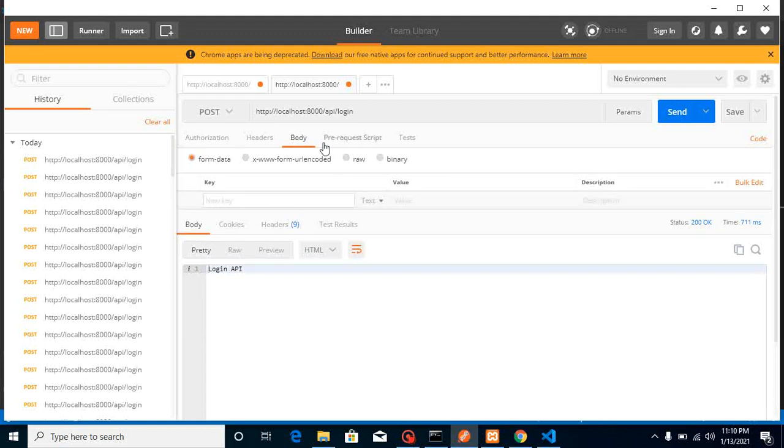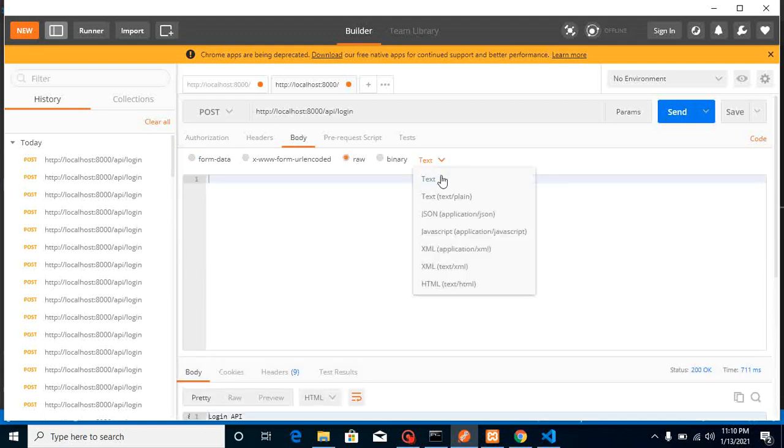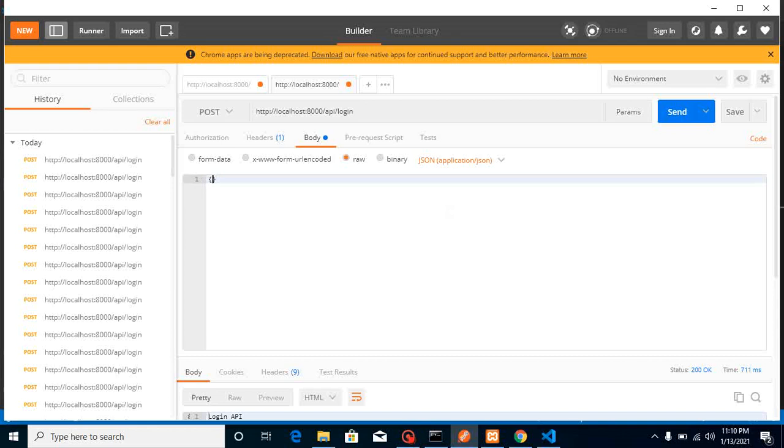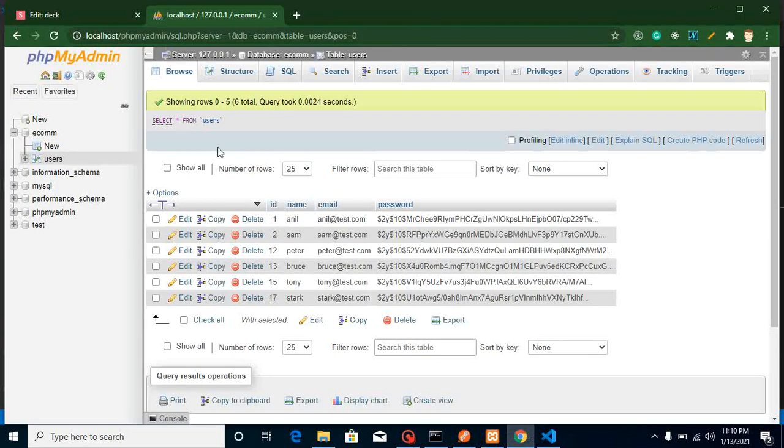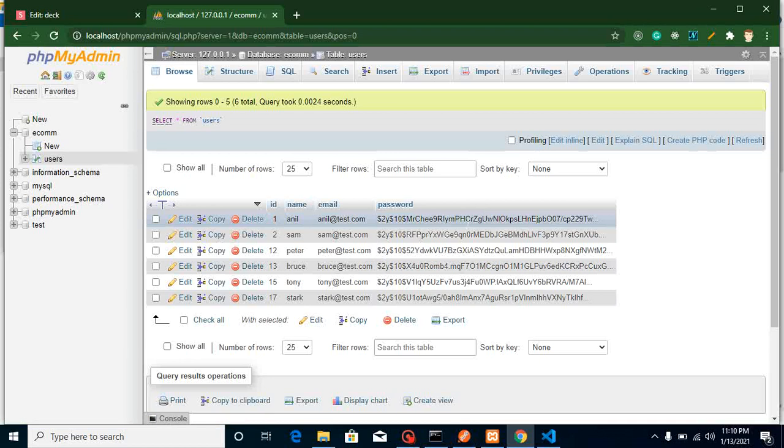So let's go in the body section, select raw, and select the JSON data, and now send here password. And the password we can send like abc@123, because for every user the password is the same. The reason behind this is that we are creating different users and putting some random password, and we might forget the password. That's why I put the same password for every user, right? But the encrypted password is always different for everyone. Here you can see that the key is different.